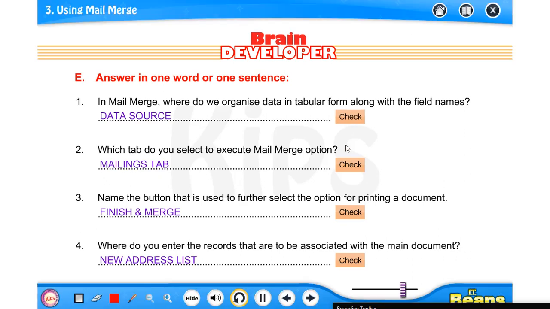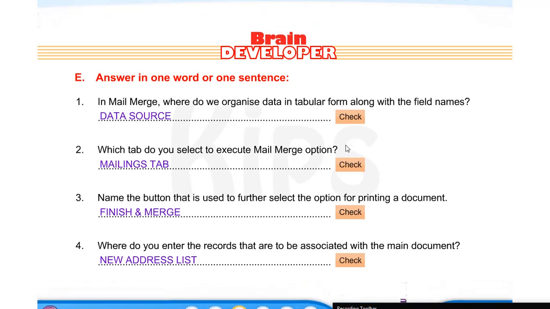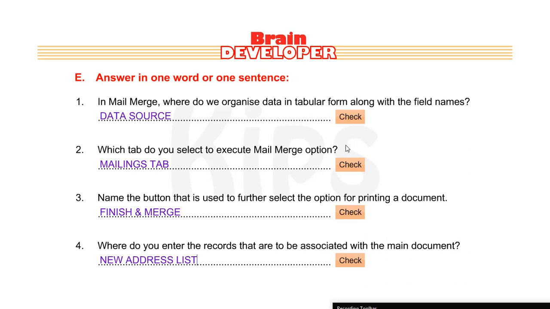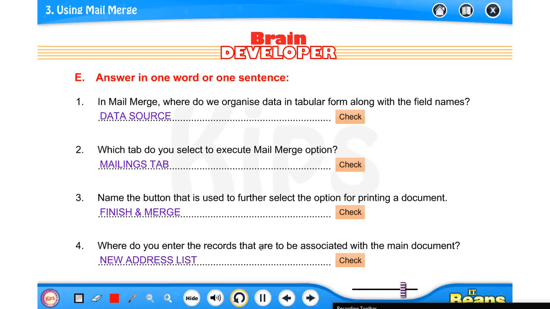So we have completed this chapter now. Question answers are remaining. I will send the question answers on your WhatsApp group. So up to here what we have discussed you have to do in your books, and the question answers you have to write in your notebook. Until Tuesday you have to send your work to me on my personal number and I will give you marks accordingly. Okay beta? So now we are concluding our class.